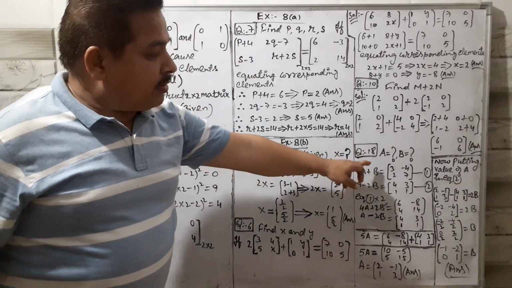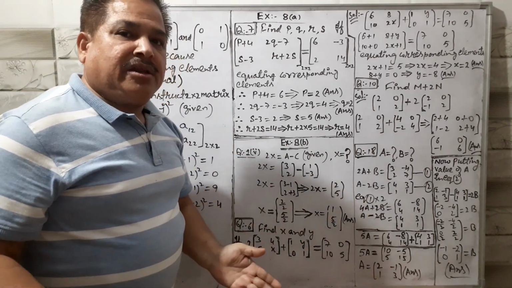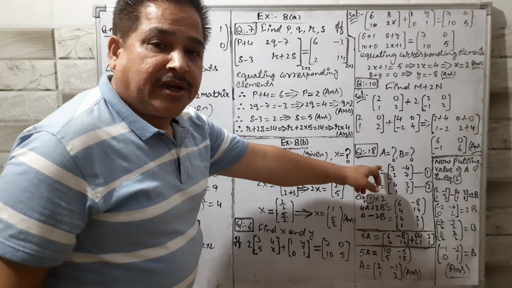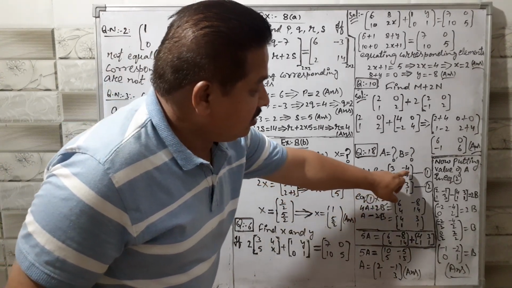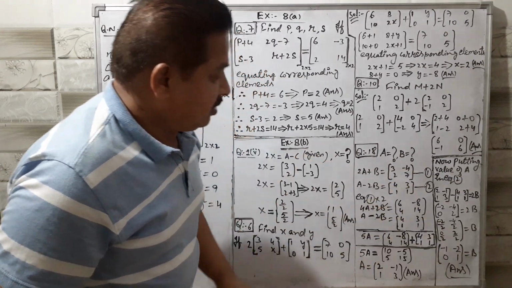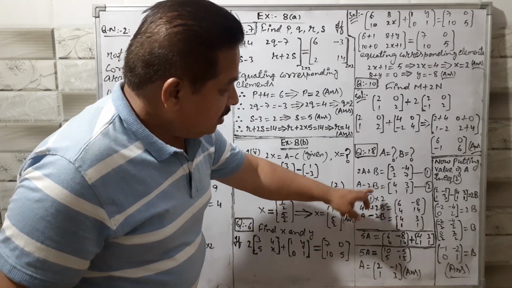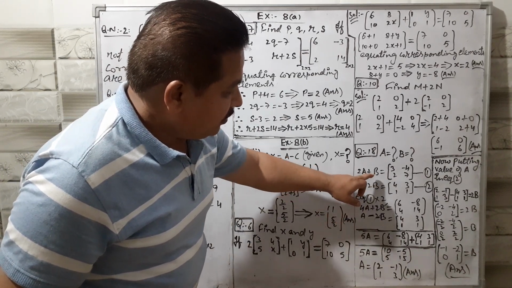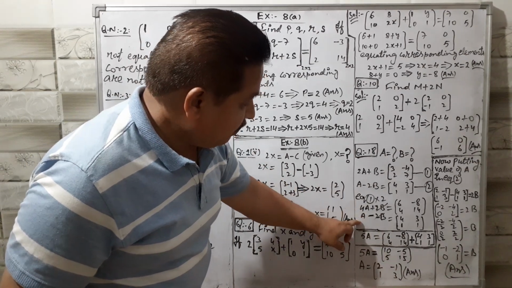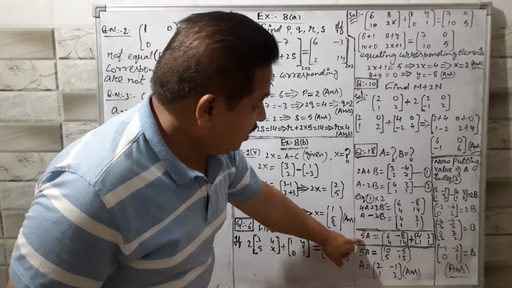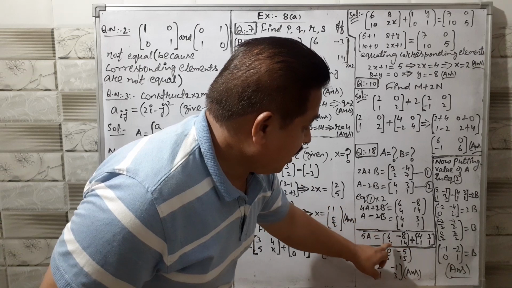See the question number 18, the last question of this exercise. 17 and 18 are similar questions. I am telling you 18. In 18 there are 2 equations given. This is the first equation and this is the second equation. Solve these 2 equations simultaneously. Make the b term equal. Equation 1 multiply by 2. Then 2b and 2b will be cancelled. Here like this. And 4a plus 1a becomes 5a. And this side, these 2 matrices will be added. See here, adding this.